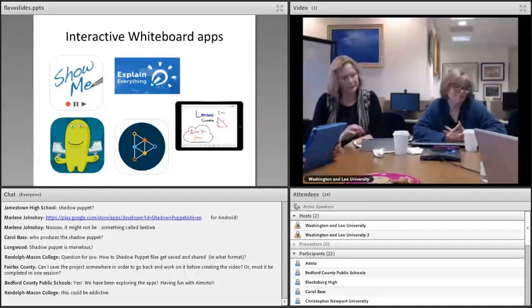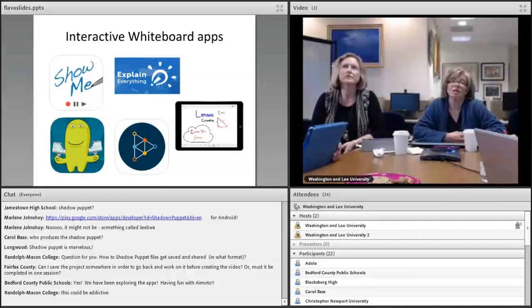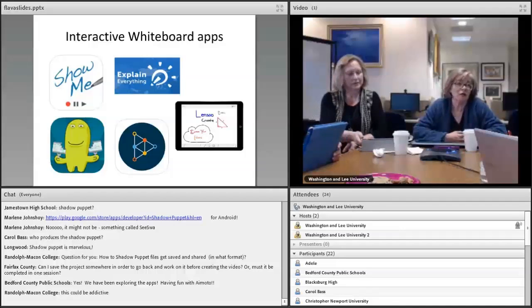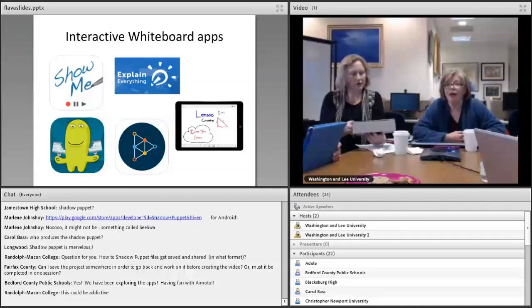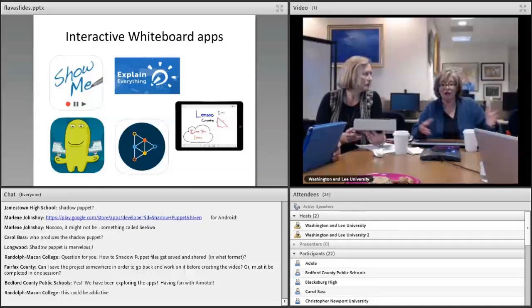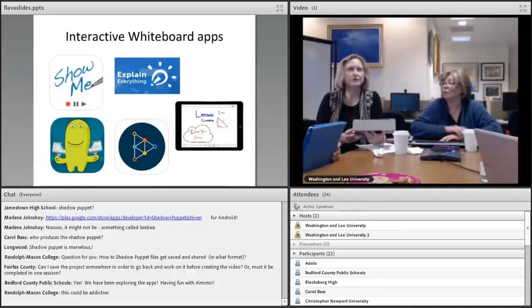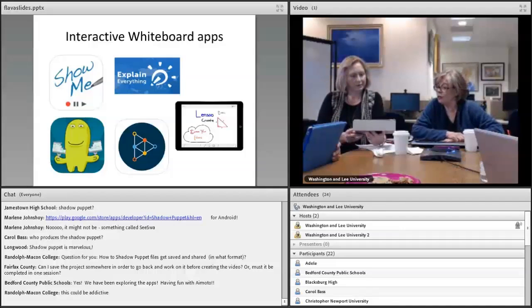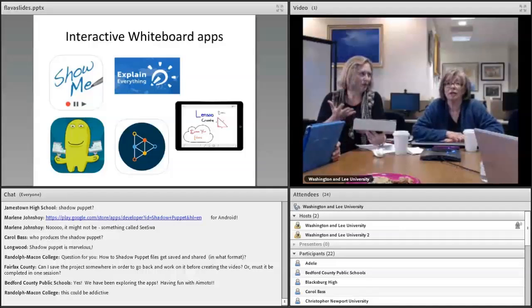Yeah. And the nice thing about Explain Everything is it's inexpensive. It works the same way on Android and iOS, so you don't have to worry about people in the same class having two different sets of instructions, which always happens. And it now has an extension for Chrome and some other things too. And it is Windows based also. I mean, it's PC based. Web, I mean, you can use it.